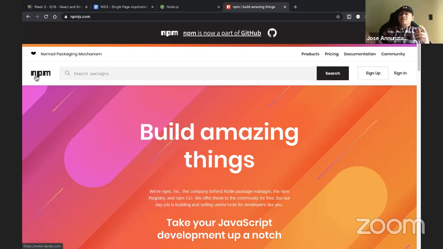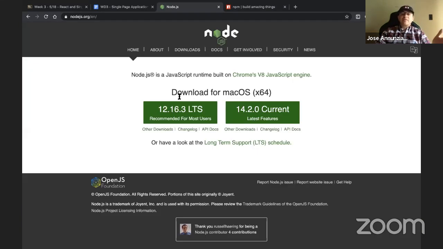Okay, so together with the Node.js executable that allows us to run JavaScript on our servers, we're also going to have the Npm tool, which is going to allow us to install libraries. It's going to allow us to install components, build, and test Node.js and React.js applications. Okay, so yeah, we're going to be using Npm quite a bit. So the first thing you should do is head over to nodejs.org, download and install Node.js locally on your local machine. Okay, so once you have that,